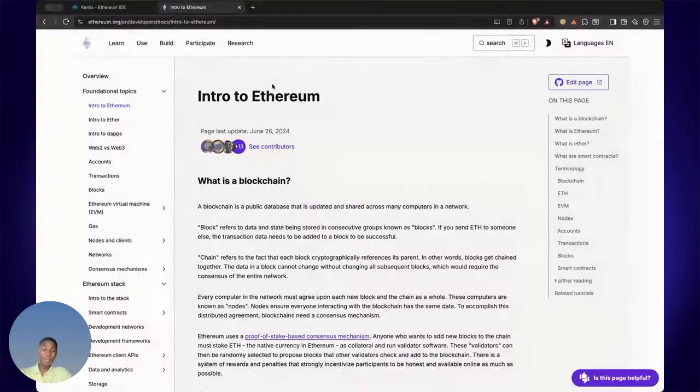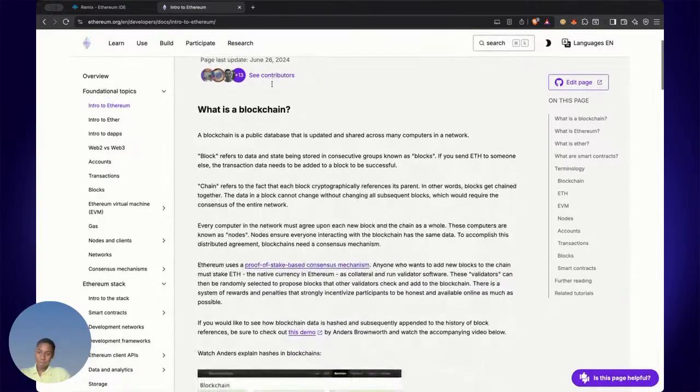Okay, now we are going to start with blockchain, an intro to Ethereum, and we are going to start with what is blockchain. So most of us wonder what blockchain technology is, what it is used for, or what exactly people are building on blockchain technology. So today let's take a deep dive into the blockchain ecosystem, look at blockchain, look at Ethereum, and start building our smart contracts.